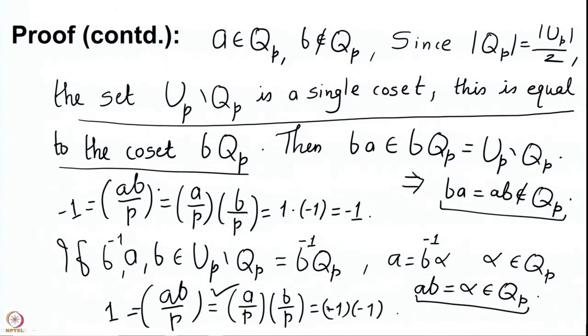So, we get equality in all the cases. Once again, what we have observed is only the following thing. When you have P dividing AB, that is true if and only if P divides A or P divides B. So, (AB/P) can be 0 precisely when one of (A/P) and (B/P) is 0. So, if (A/P) and (B/P) are both non-zero, then (AB/P) cannot be 0. So, whenever P divides A or P divides B, then we have the equality (AB/P) equal to (A/P) into (B/P).